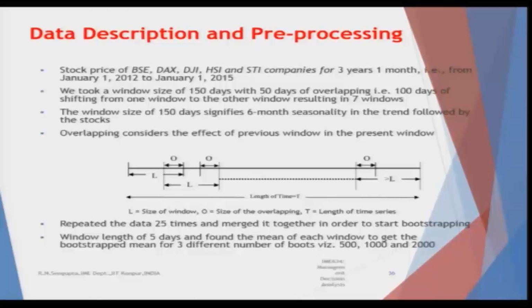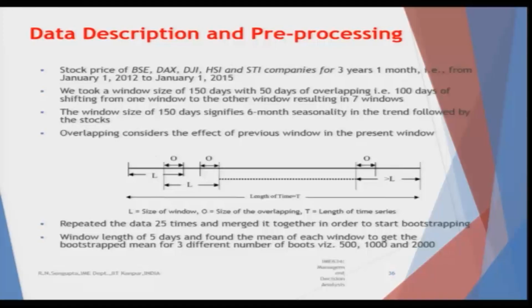So, in general, what we will do is consider that there are some overlaps. The symbol O means the overlap. If I consider a time frame of length L, then again a length L later on, but there is an overlap of O. Obviously, it means that I am trying to normalize the readings in such a way that the overlap is not going to eliminate, but is going to decrease the fluctuations in the prices and the returns. So, L is the size of the window, O is the size of the overlap, and T is the length of the time series which you have taken.